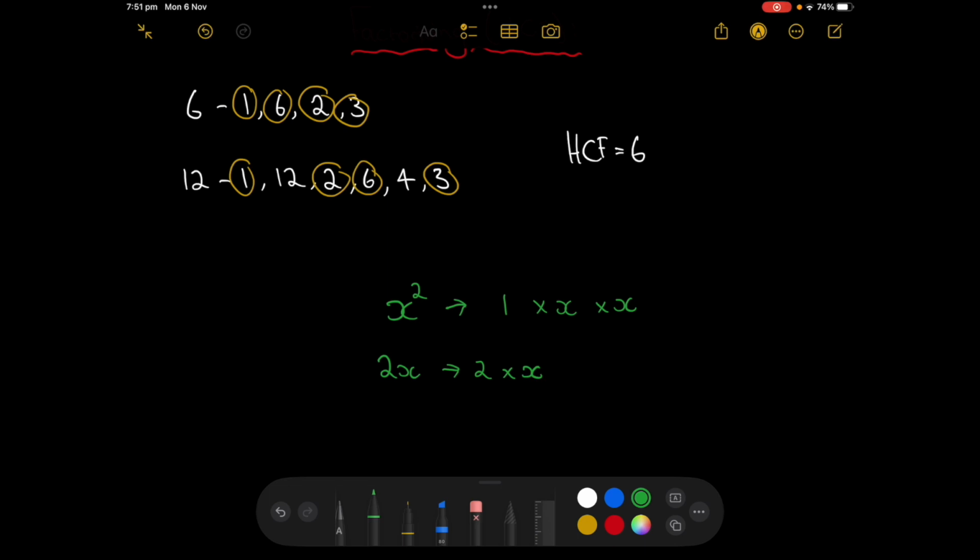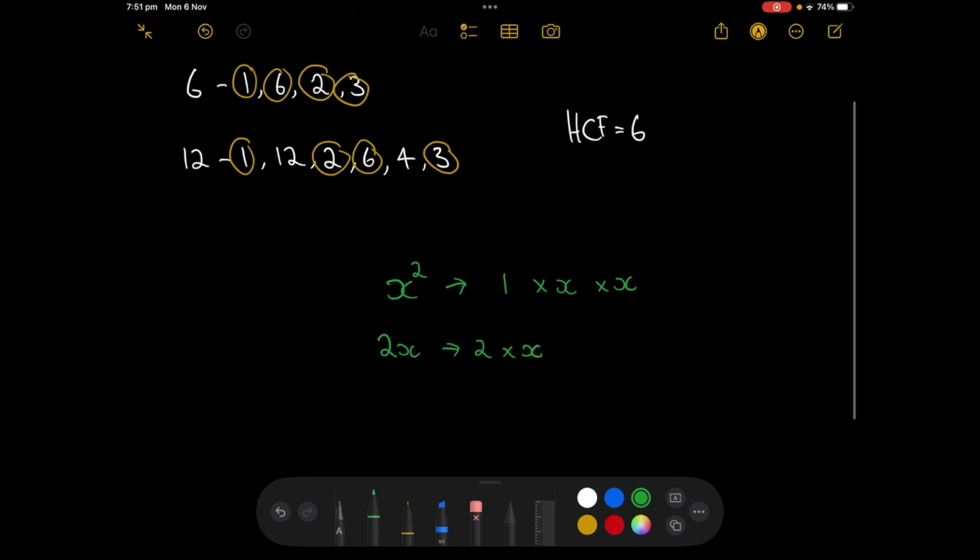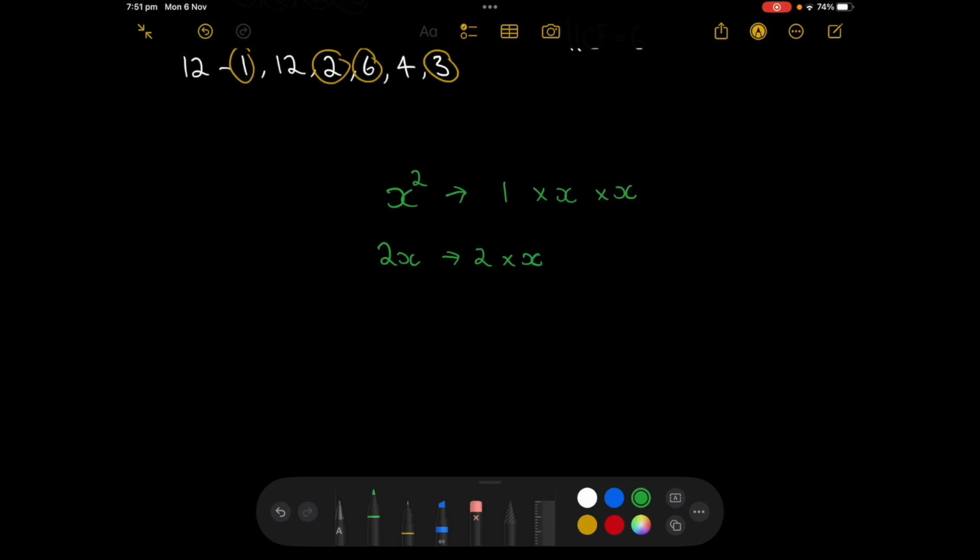So two of the factors of 2x are 2 and x. The way I go about using the highest common factor method is I split the equation into two parts, the coefficient and the variable. So for x squared,